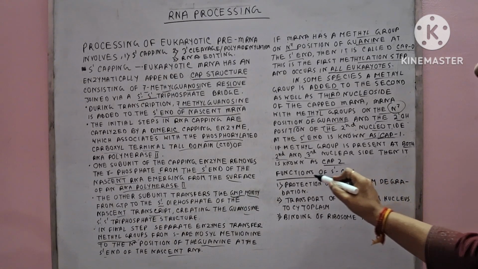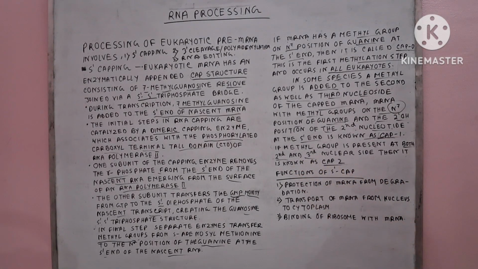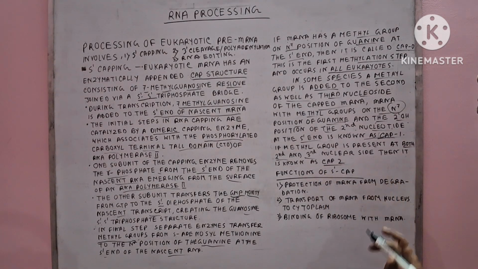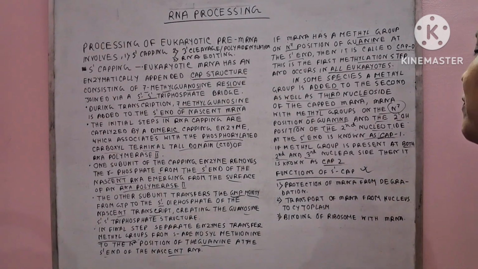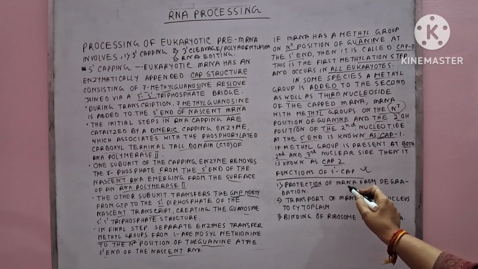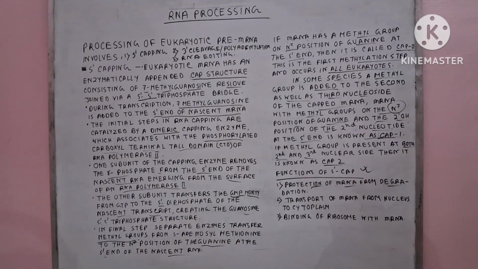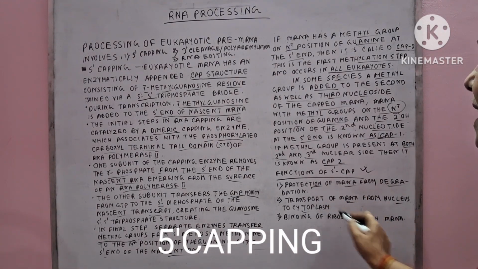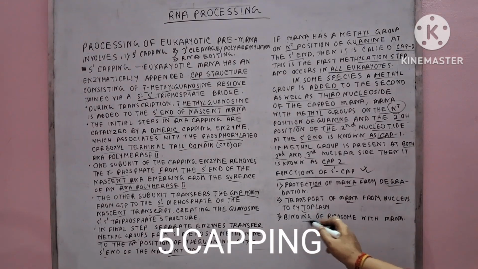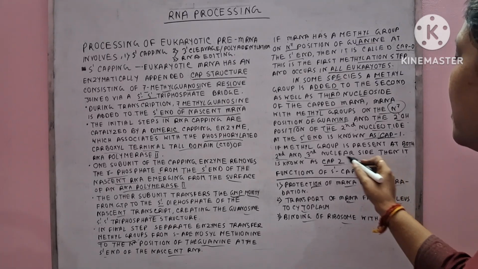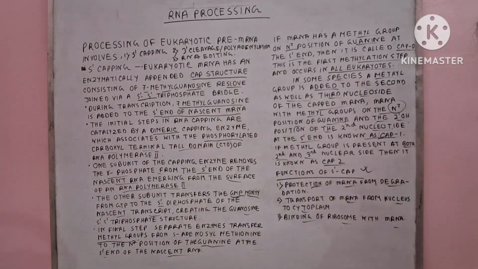Okay, so now we have to understand the functions of the 5' cap. What actually is the role of the 5' cap? First, it protects the mRNA from degradation. Second, it transports the mRNA from the nucleus to the cytoplasm, and third, it helps in binding of the ribosome with the mRNA. These three functions are controlled by the 5' cap. Okay, so